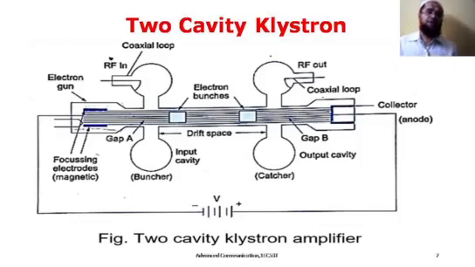In the buncher cavity, through the RF input, you are feeding the power to change the electron speed. Thereby, in the electrons' path from the cavity, we are again getting the power. So depending on the value of RF, the speed or velocity of electrons is going to be altered. So they have their path.